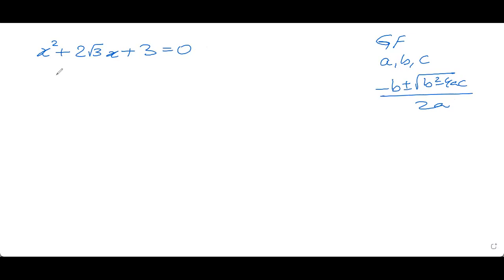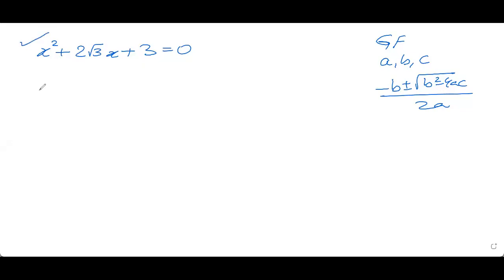Now you see, in this equation, the first term is x square, so we can imagine it to be 1x square. The second term is 2 root 3x, and the third term is c. First question to answer, is it in general form or not? Yes or no? Quickly respond. Speak or type. It is, right? It is in the general form. So first step is done.